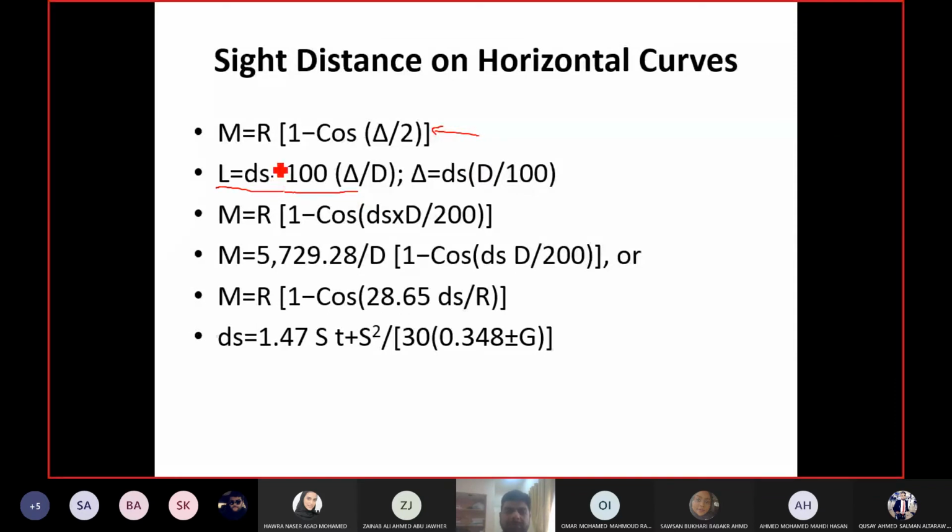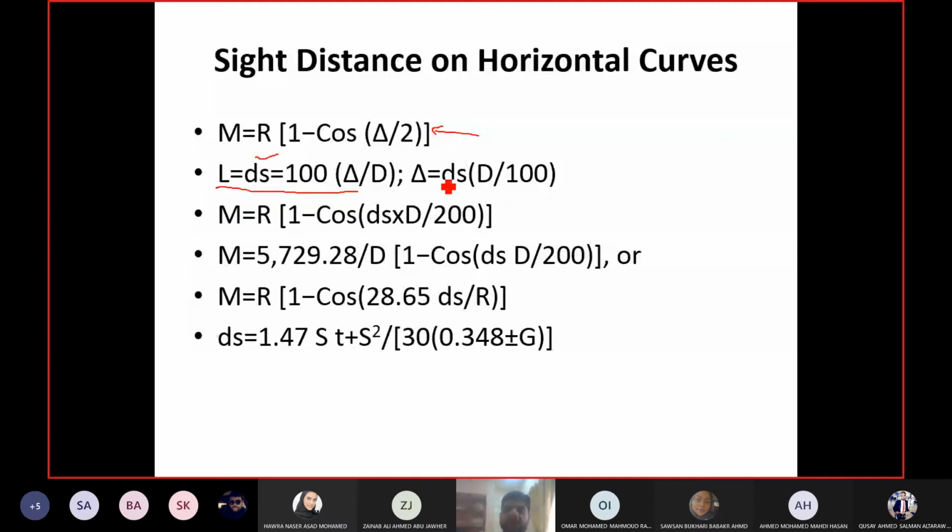Now we are saying the length of the curve should be equal to ds. What is ds? Distance of your sight, sight distance. Now you would say they are using ds and calling it sight distance, so why not call it sd? I agree with you, but I will not change the terminology. I will use the same as they have used in the book. So ds means sight distance, or if you want to feel comfortable, you can say distance to your sight line. L should be equal to the required sight distance, and this is the equation for L. The length of the curve has this equation. We already used it in the previous example. So if L equals sight distance, then delta must be equal to this.